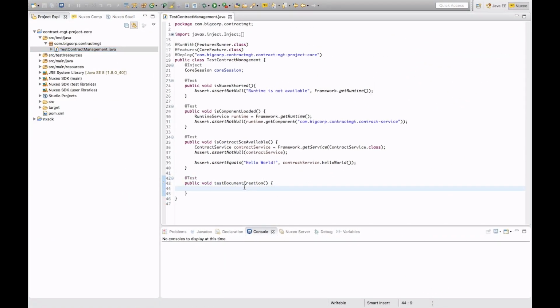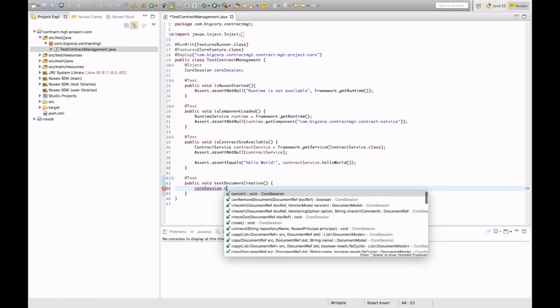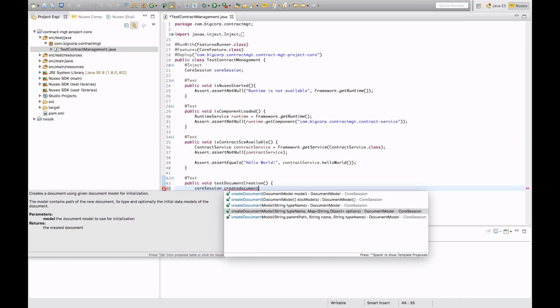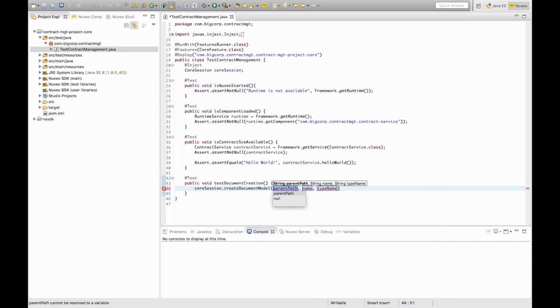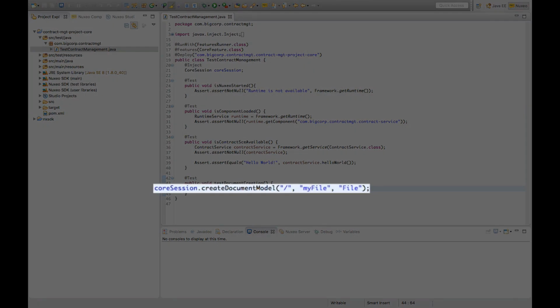We'll use it to create a file document right under the repository's root. We will first use the createDocumentModel method to create a new document. It takes 3 parameters: a parent path under which the document will be created, a name that will be used to generate this document's path, and a document type. In this case, we will specify / as the parent path, use myFile as a document name, and File as